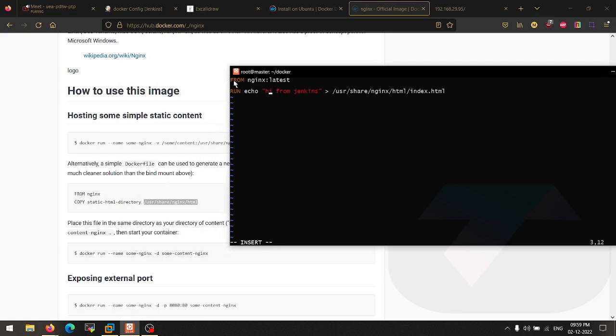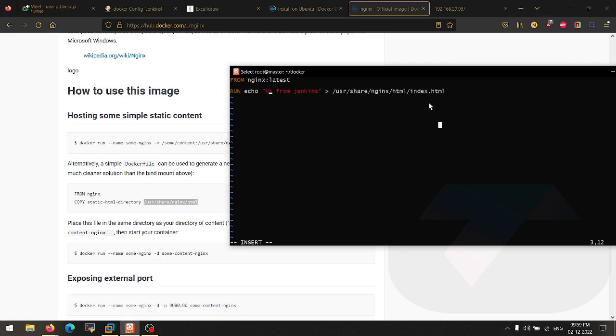And as you can see, I have used two commands here. The number one is the FROM command. Using FROM, you can give the name of the image from which you are going to create another image. That means to create an image, you can use a base image as well. So for this task, I am using the Nginx image as my base image. So what will happen? I will create another image using this Nginx image, and inside that image, this task will be executed. By default, when I create the image, this task will be executed.